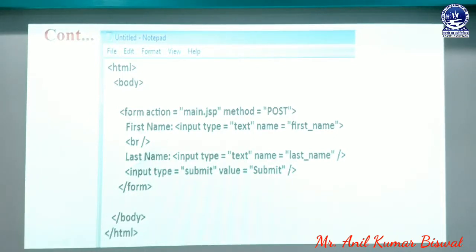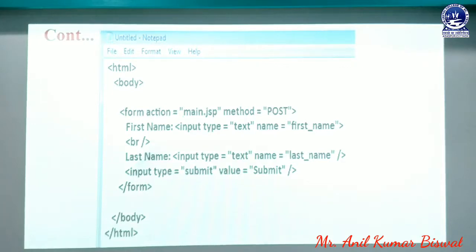So the HTML page must be linked. In the HTML, the body section must contain a form tag, and that form tag starts with an attribute like action. That action must contain a parameter like main.jsp.